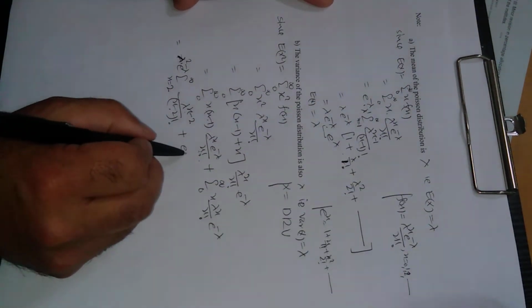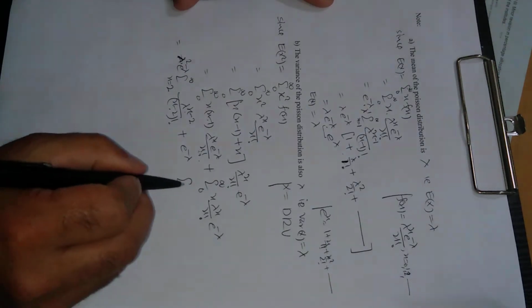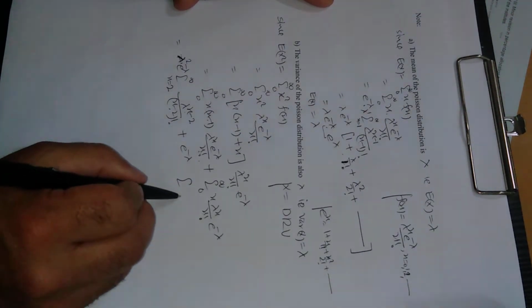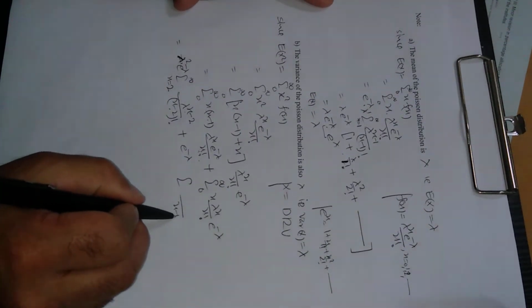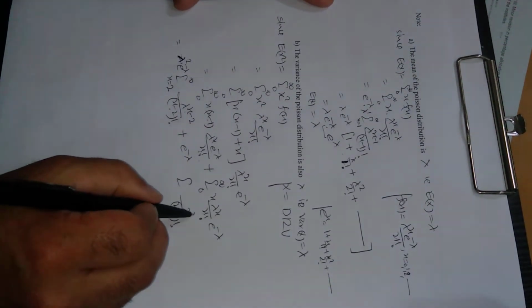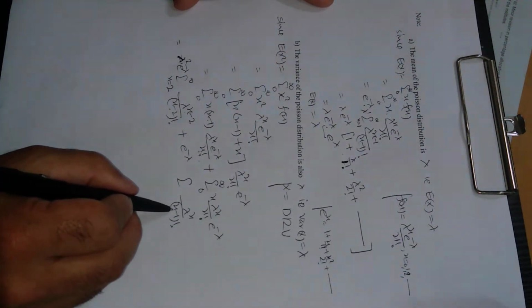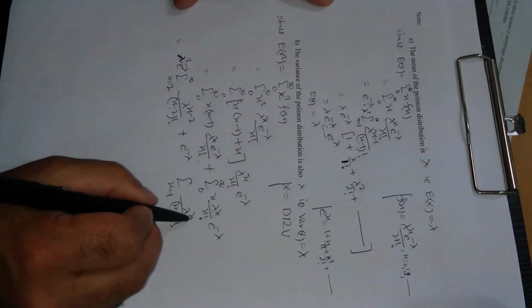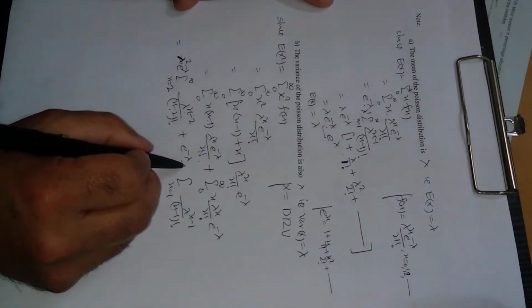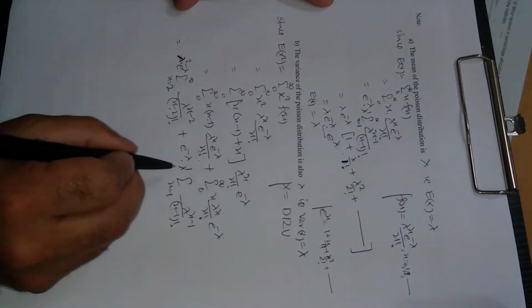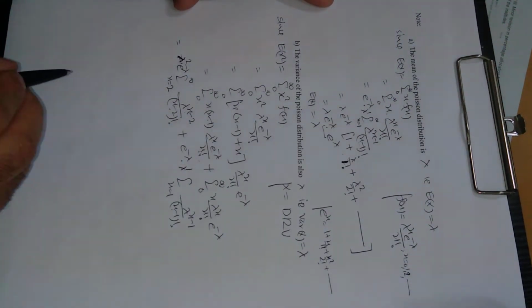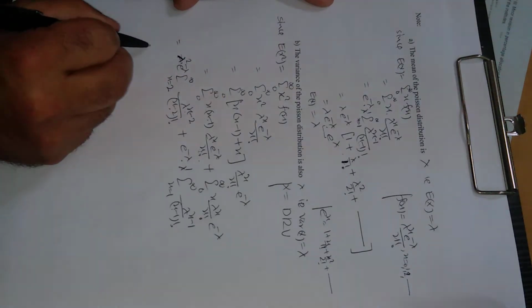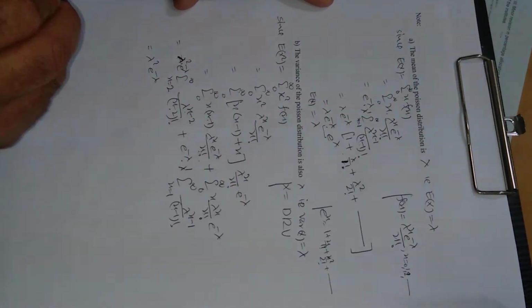Similarly here, e power minus lambda is constant, summation, open this one time. If you open this one time, x cancels, so we are left with x minus 1 factorial. This is lambda raised to power x. So in order to make this factorial 0, x must start from 1. In order to make this power 0, you must write here minus 1. If you write here minus 1, then there will be lambda power 1. Multiply these two, this is still lambda power x up to infinity. This is lambda square e power minus lambda.